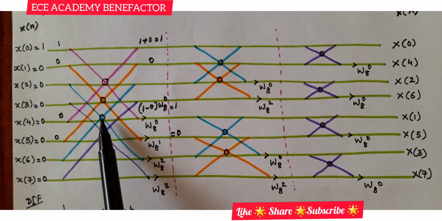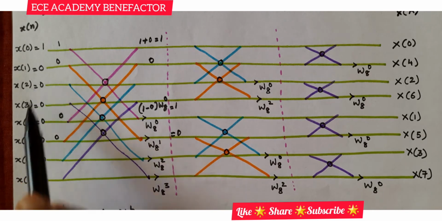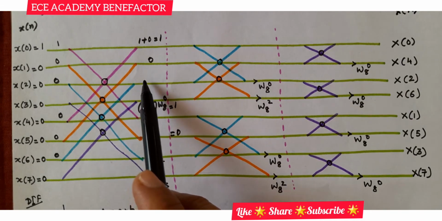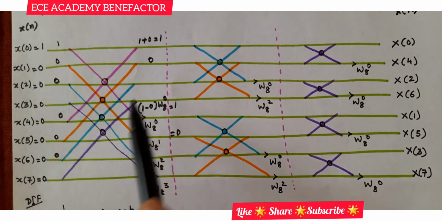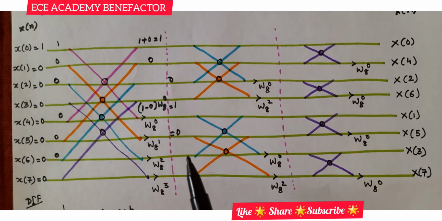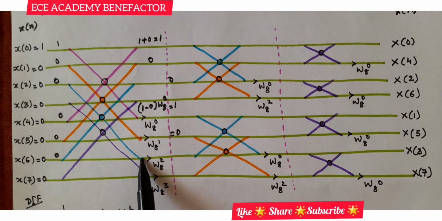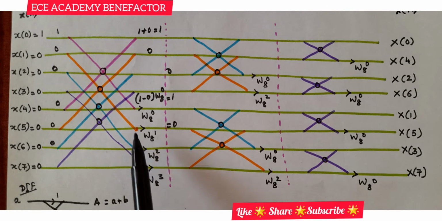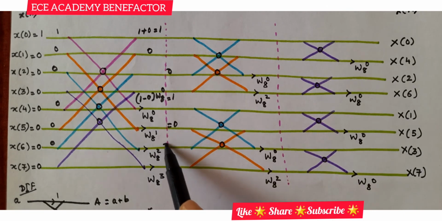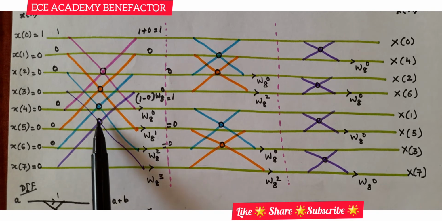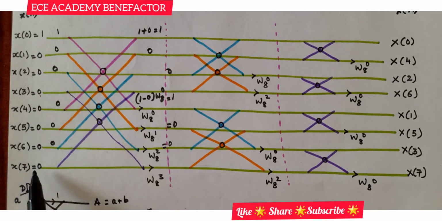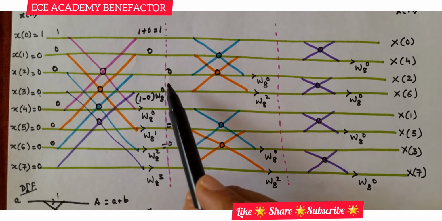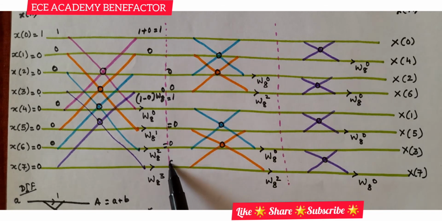Okay. And coming to this blue butterfly, the inputs are 0 and 0. Okay. So what will be the upper line? A plus B. A is 0, B is 0. So the output, how much it will come? It will also come as 0. And for the blue butterfly, what are the inputs? 0, 0. So A minus B. A minus B means 0 minus 0, 0. So it will come as 0. For this purple butterfly, the inputs here are 0 and 0. So the upper line will be A plus B. 0 plus 0 will come as 0. And here the below line will also come as 0.